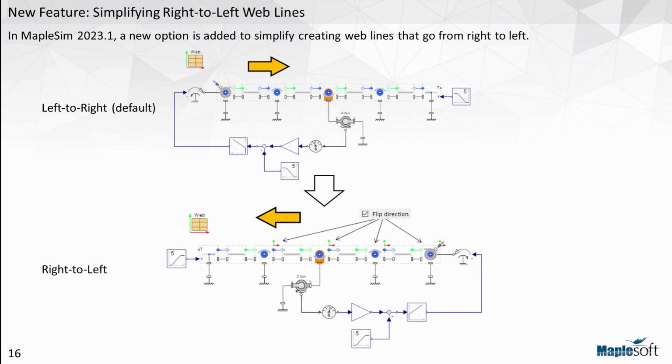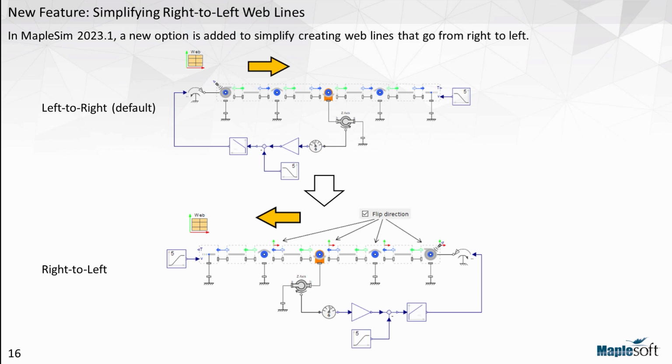The other option that was added for 2023.1 is this: the library itself is designed for web lines that go from left to right. When I say design, previous releases could obviously cover right to left web lines as well, but the part that would be lost would be the matching of the canvas and the 3D or the actual layout. So here we see over under, web goes over the roller, under the roller, and if we want to keep the same